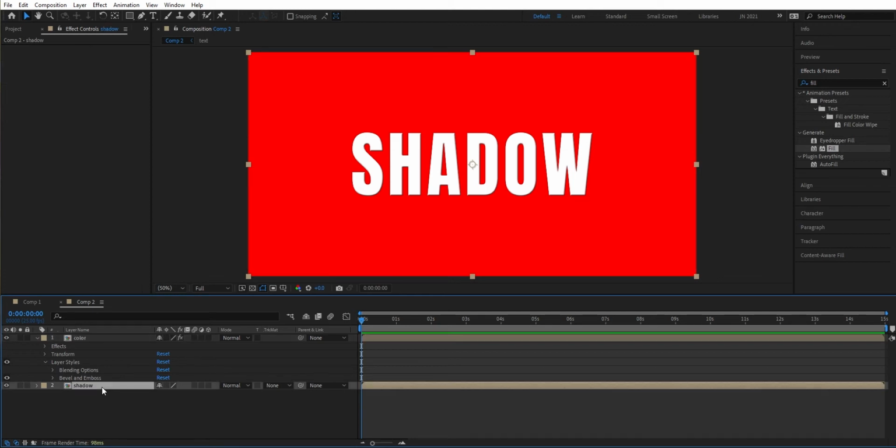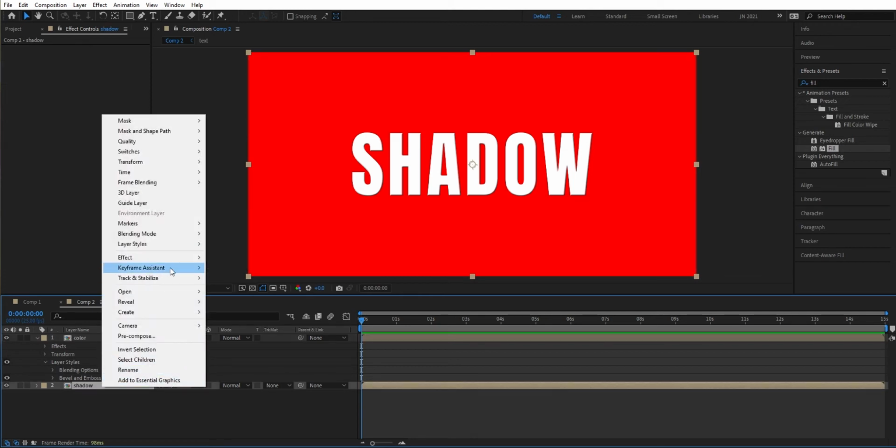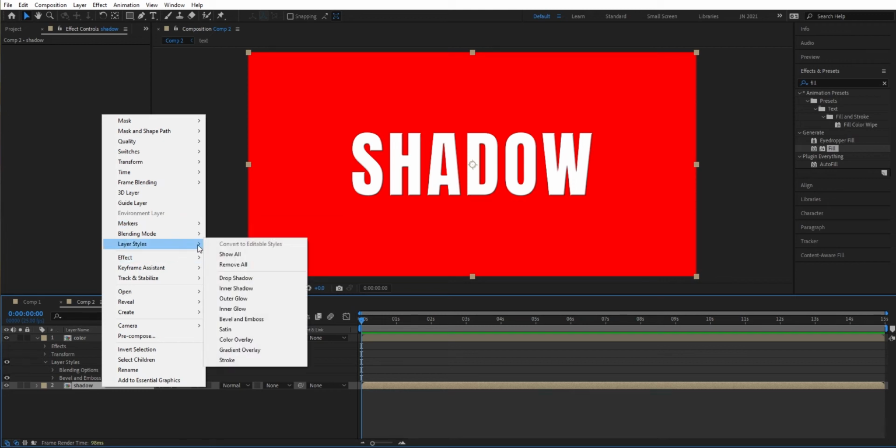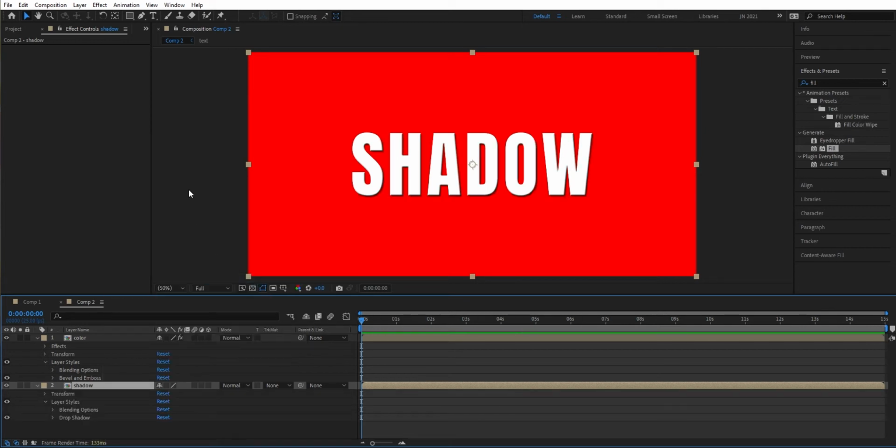So now it's time to do the first shadow. So we can go out to the shadow and right click and go to add a layer style. And the first and simple way is to do a drop shadow. Then we go to the more complex ones, those shadows where you can control more. So let's start with a simple one. This is the